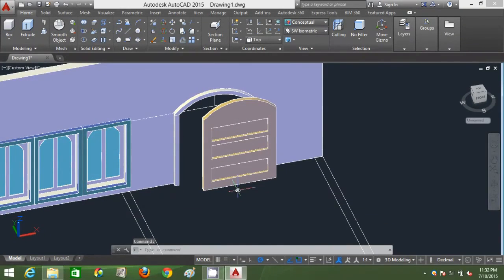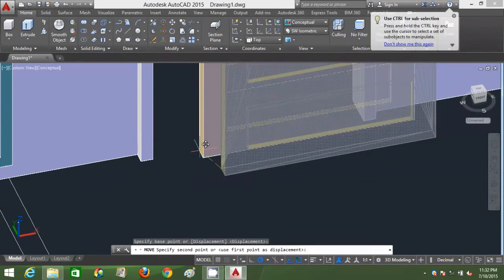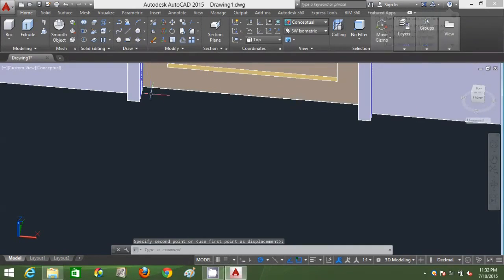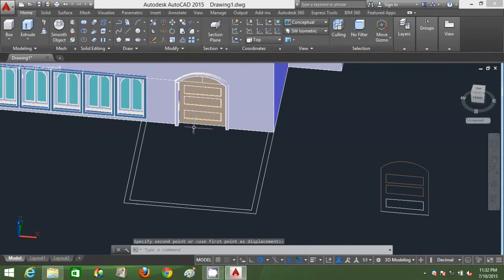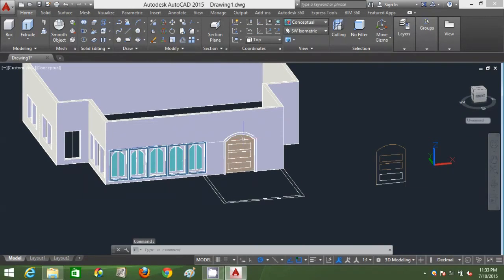So move this door, type M, enter, or you can click the move button, select one base point, click on the displacement point. Alright, slightly orbit it, select all the balance lines and delete it. Right, go back to